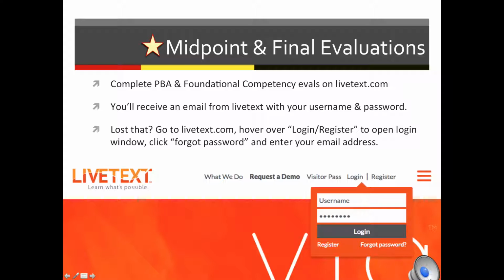So you'll be completing the PBA, also known as the performance-based assessment, at the midpoint and final evaluation for the semester. You will likely be doing the foundational competency at both of those intervals. It varies slightly within certification area. All of your major evaluations, midpoint and final evaluations, you'll complete in an online platform called LiveText,